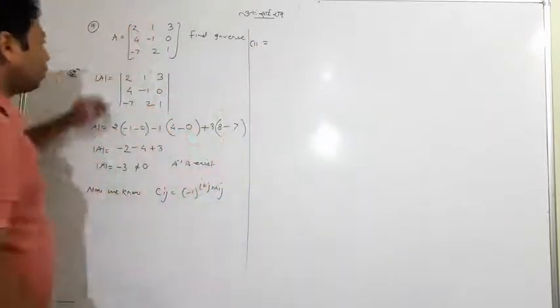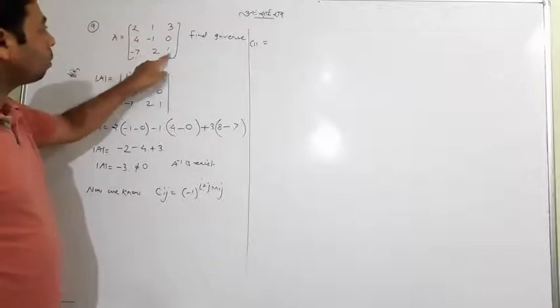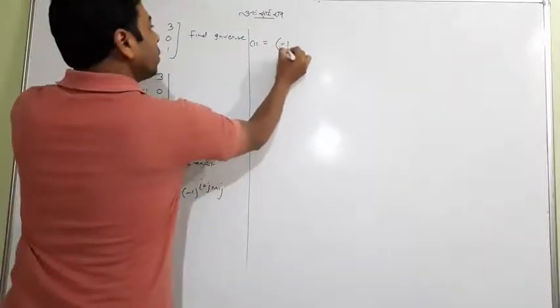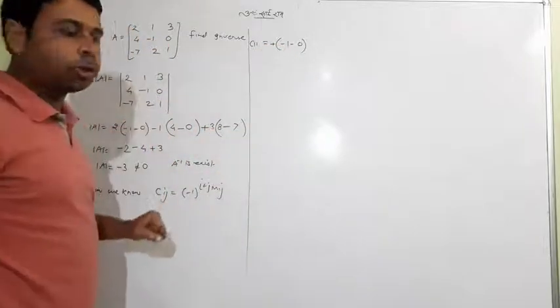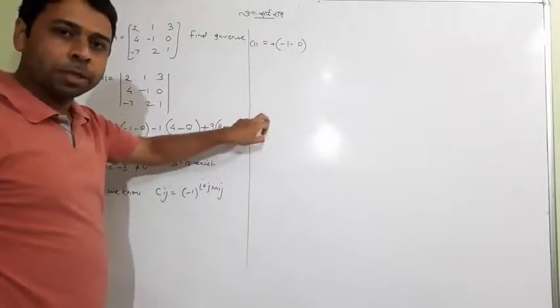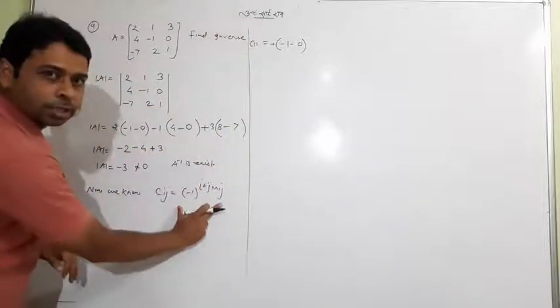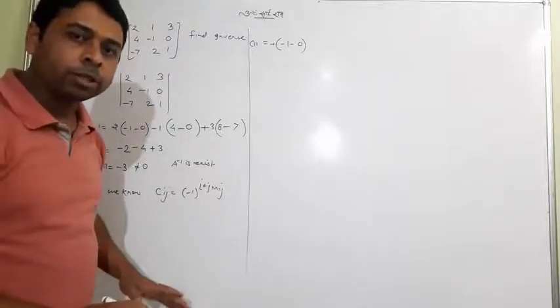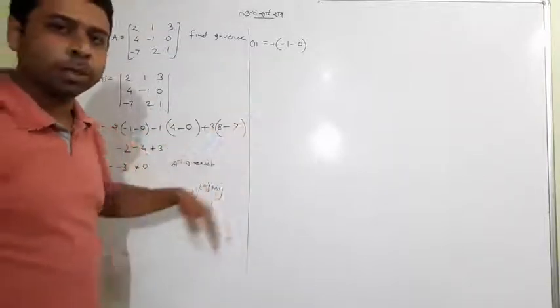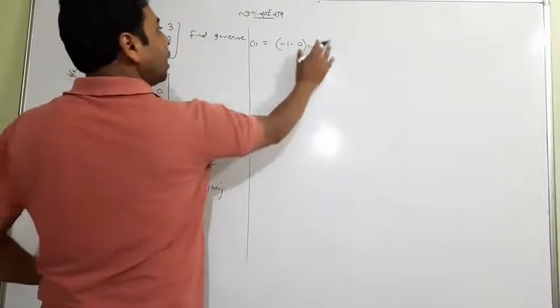C11, meaning cofactor of this element. These two dropped, 1 1s are 1, 2 0s are 0 with plus sign. I taught you plus, minus, plus, minus, plus. It is alternating because all actually comes following this. So I am not writing minus 1 to the power 1 plus 1, something like that. Directly follow plus, minus only. So give your answer here, minus 1.